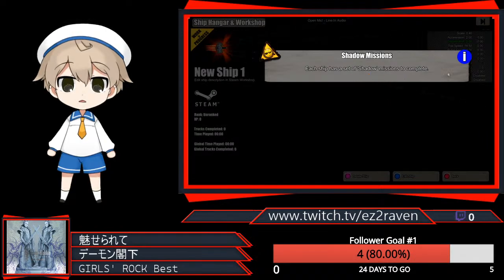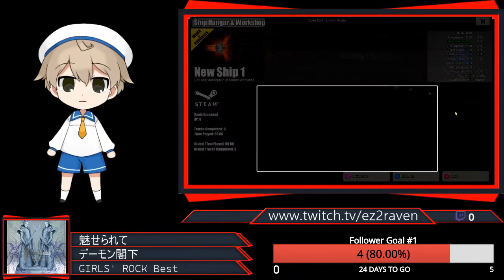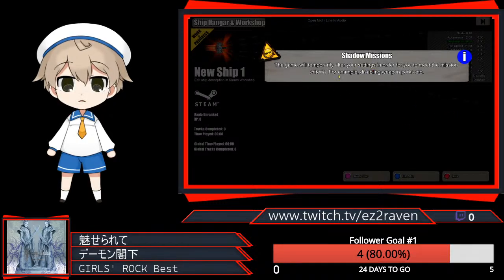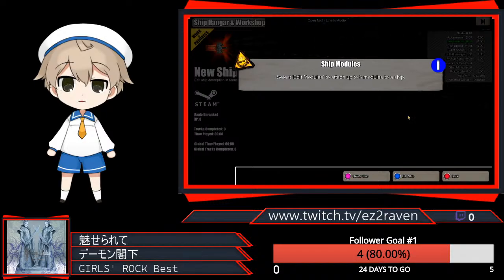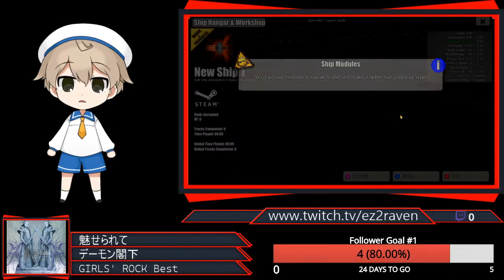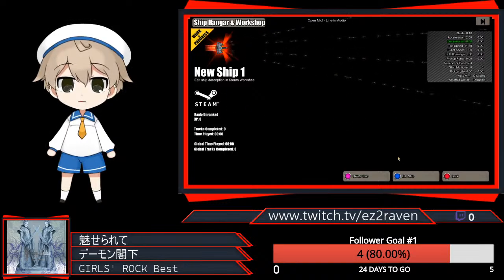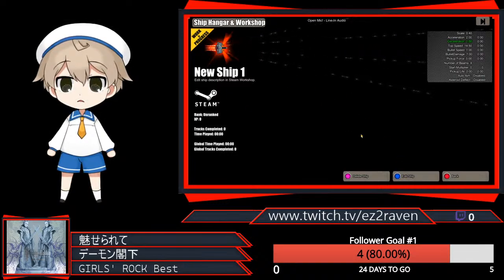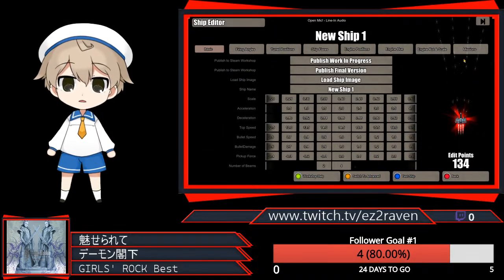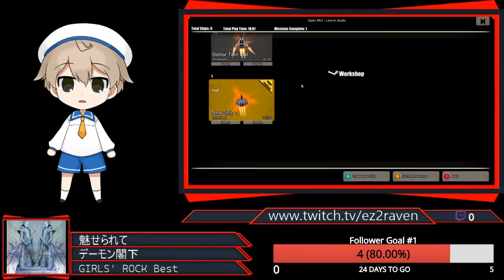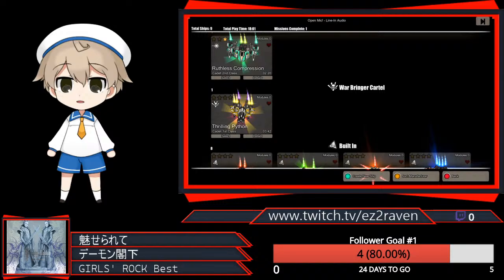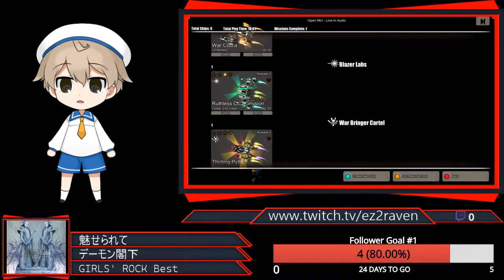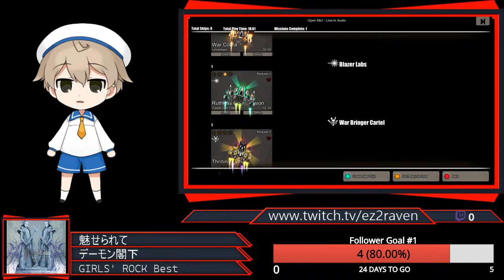Alright, each of them has a shadow mission to complete. Okay. So you can view the shadow missions and try to complete them. Right, ship modules. And you can customize the ship, adding modules to them to change the behavior. Alright, so let's get back to selecting a pre-configured ship. Let's go with ruthless construction,